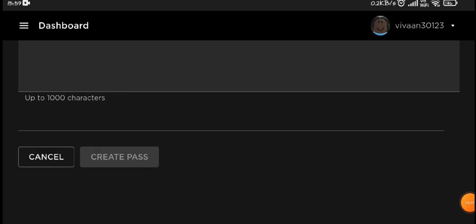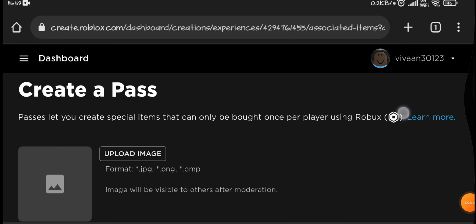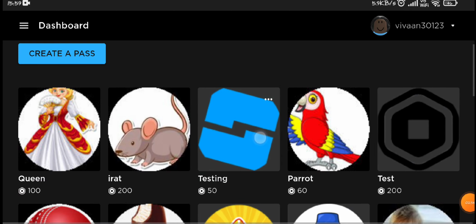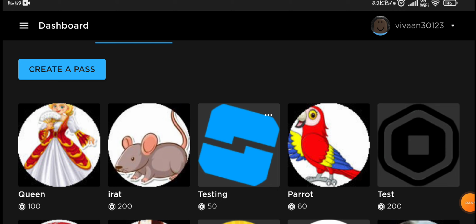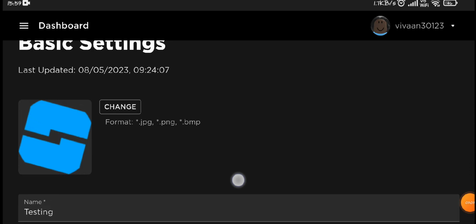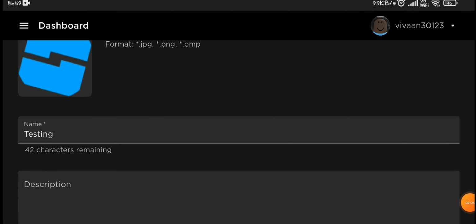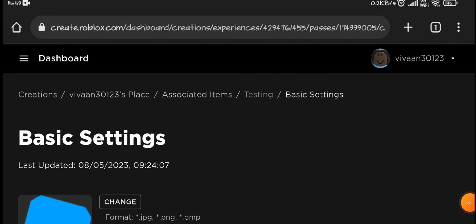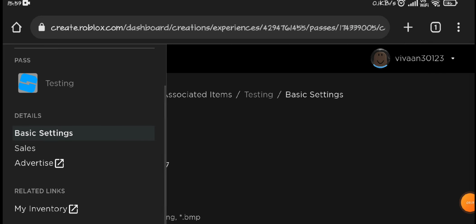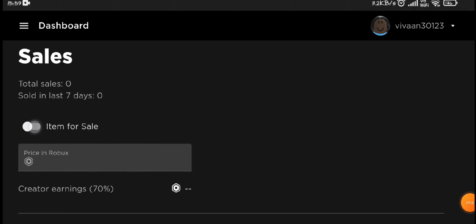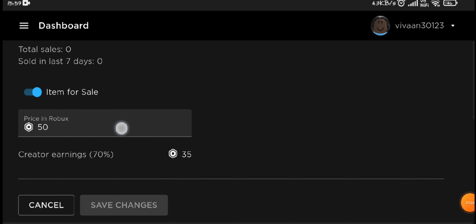Once you have done all these things, the newly created game pass will appear here. Suppose this is my new game pass, and if you want to configure it, you have to tap on it. We usually configure it for sale. To configure the game pass for sale, tap on the game pass, then tap on the menu button again and tap on sales. Now you have to enable this item for sale. Just tap on this toggle button to enable it for sale,